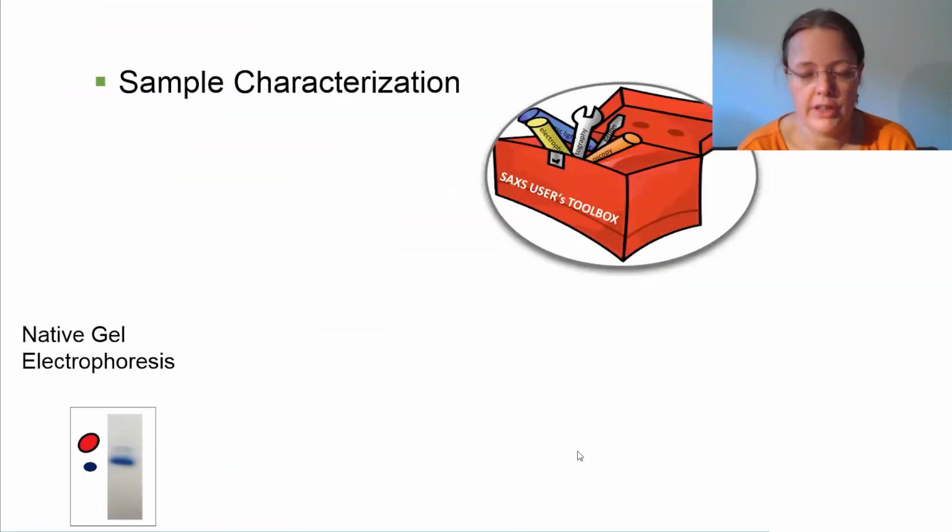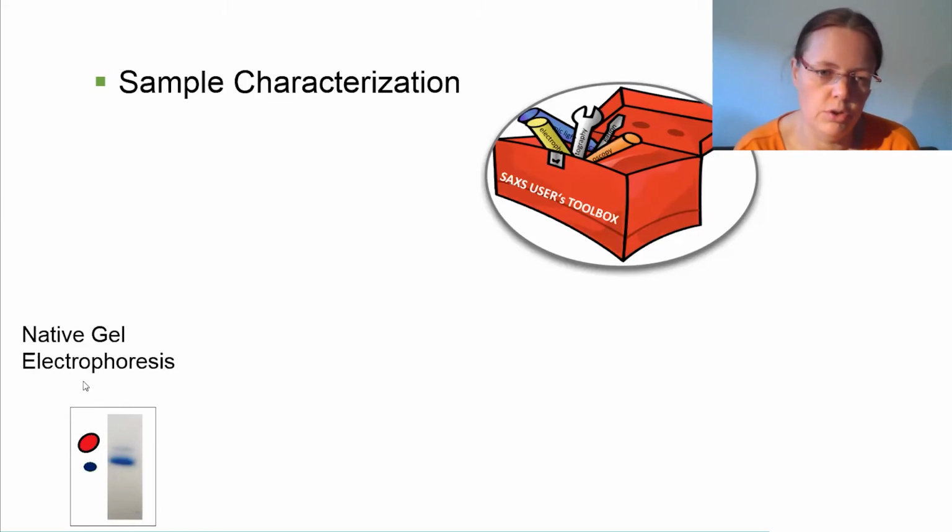How do you know if your sample likes to be in a stable state, or what methods are available to check the quality of the sample? The cheapest and simplest way would be a native gel. Remember, SDS gels would dissociate the bigger parts. And these are really the things that we want to check for when we're doing SAXS experiments, to make sure we don't have any oligomeric states or large contaminations that would contribute to the SAXS scattering curve.